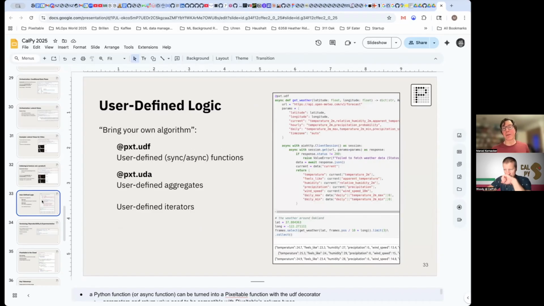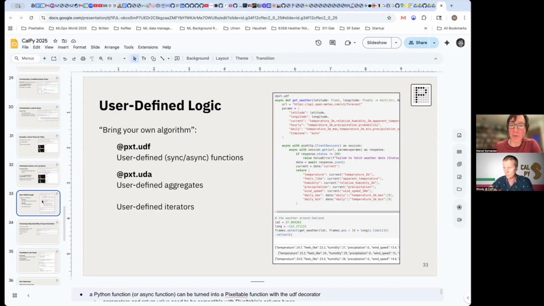I mentioned before that Pixeltable is very extensible, so there are various avenues for adding user-defined functionality. There is the user-defined function, which you use as just a decorator on a function that basically takes a bunch of scalars and returns a scalar. Then you also have user-defined aggregates, which are defined on classes. You can use them to aggregate data, such as aggregating a sequence of frames into a video. That's also considered an aggregate, just like if you're summing up a bunch of integers, that's an aggregate. And so you can make videos as well. And you can also aggregate audio and so forth.